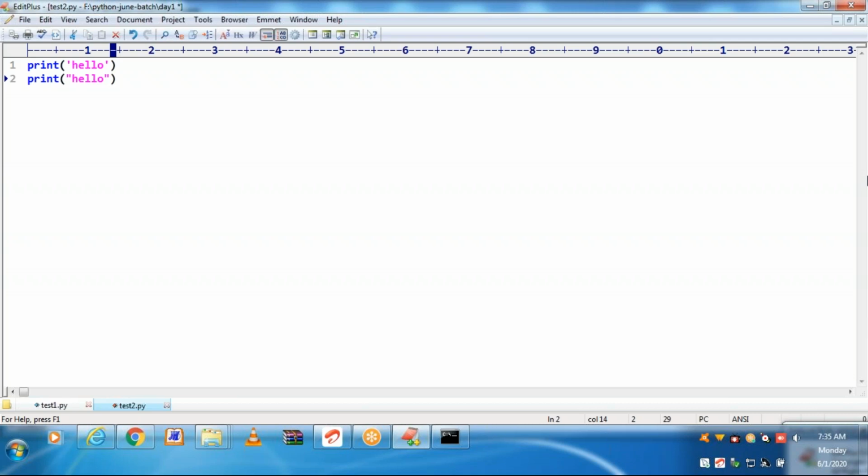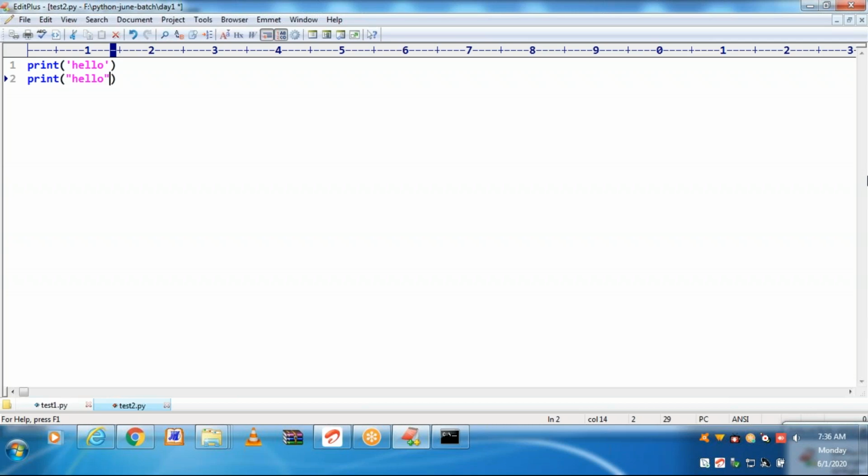But in Python, there is no char data type. You have to go for a string only. If you want to represent a single character, then use a string with a single character. There is no separate data type for char.